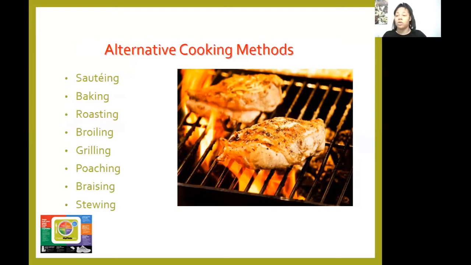Try something different. Don't just always fry chicken. Don't just always fry pork chop. Don't just always fry something, right? Let's not always submerge our food in fat. Let's try to pick another option to cook our food so that it doesn't add excess fat to our meal. Okay,